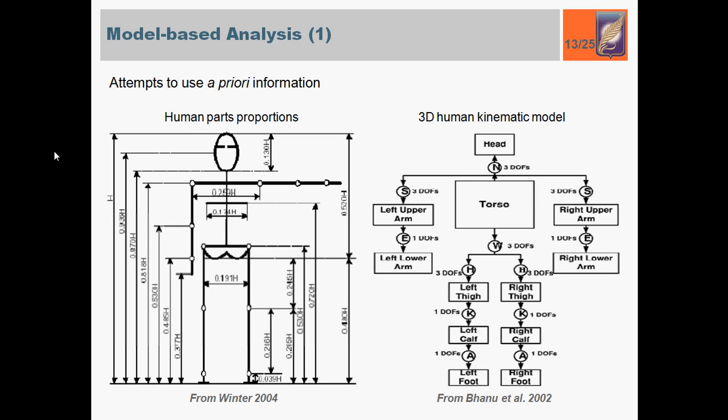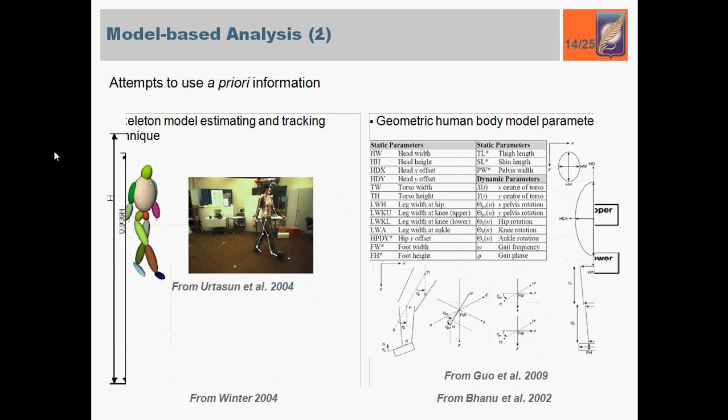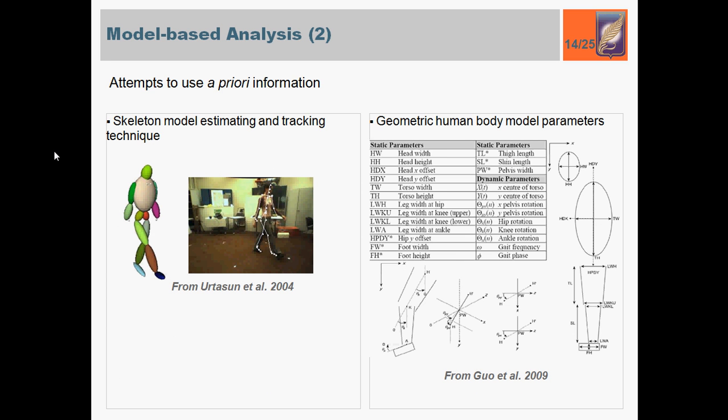Model-based approaches attempt to use a priori information about human parts proportions and a 3D kinematic model of the human body. Some approaches try to estimate a human motion skeleton model from video and provide tracking of estimated parts. Other approaches additionally use dynamic parameters such as gait frequency and gait phase, besides geometric static parameters like angles and